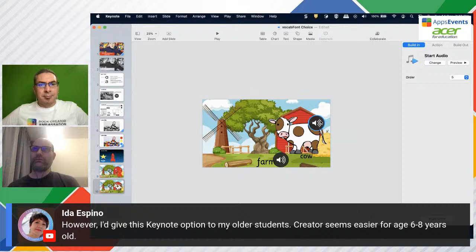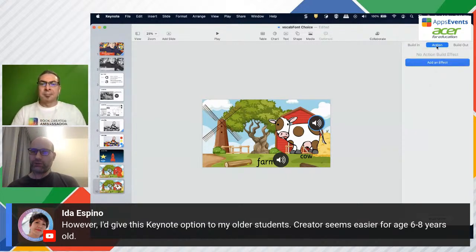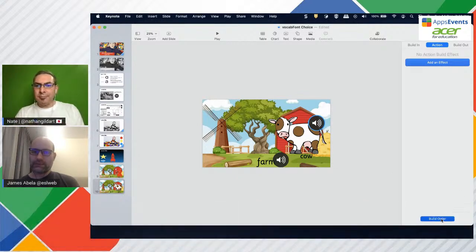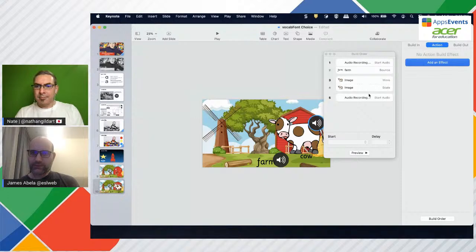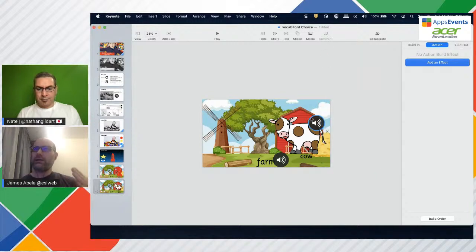Now, whatever you do, make sure you insert this very close to the object, because what we would like to do is put these two together. Okay, so we've got our move and scale, and we would like the cow to be said at the same time. So what we have there is the build order, and now whenever that cow moves, it will say the cow. And that is just a really powerful way of bringing that vocabulary together, particularly for young children. They see things move, their attention is drawn to that, and they will straight away do it.